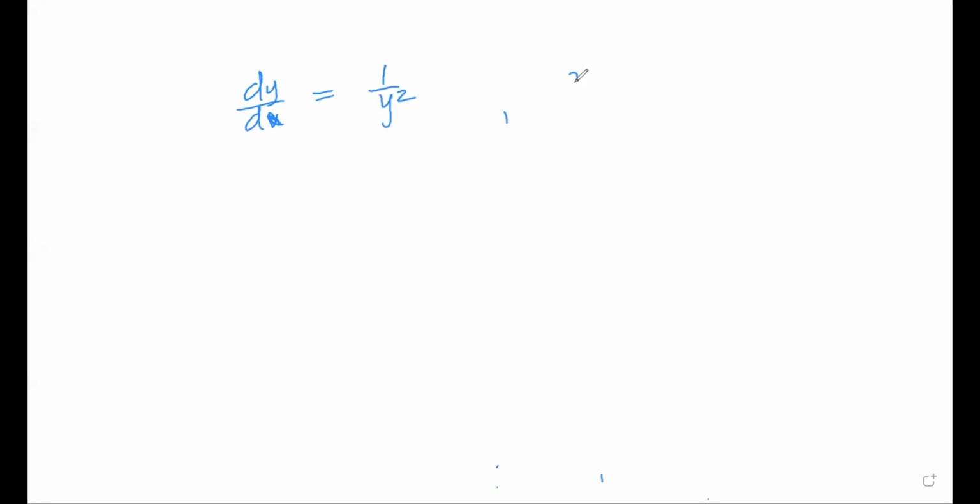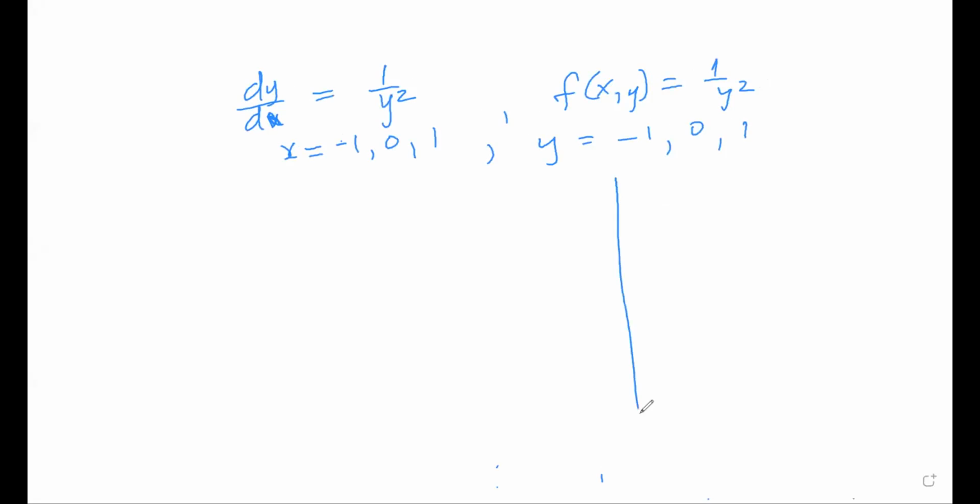So in this case, your f(x, y) will be equal to 1 over y squared. Then you are given that x should take the values minus 1, 0, 1, and y should also take the values minus 1, 0, 1. So you want a grid of points where